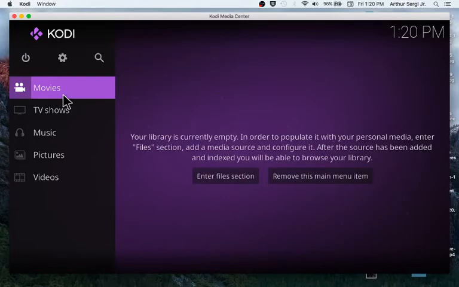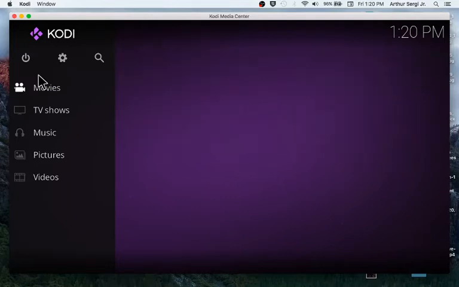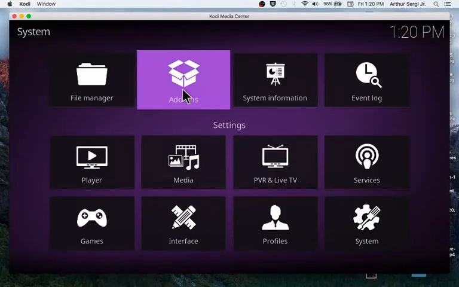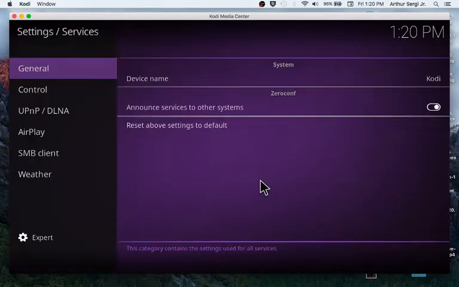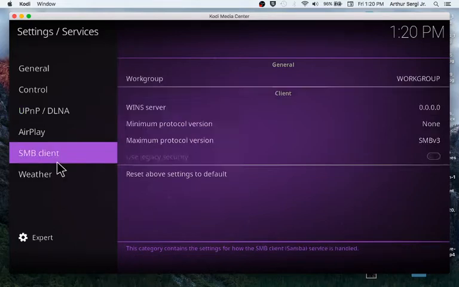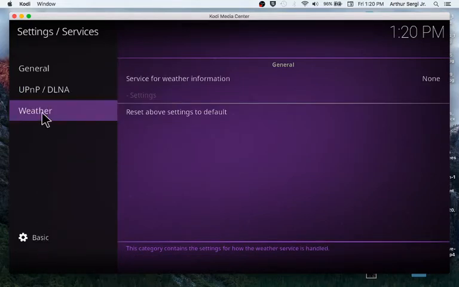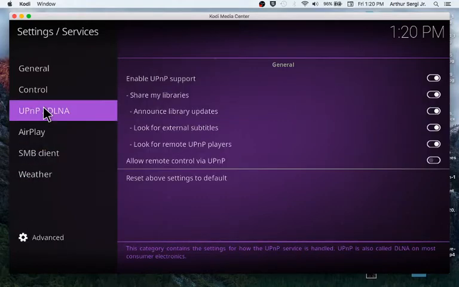And Kodi is what you see here. It's an application that is free, that you can access. If you want to try to tie into Servio, you need to go to your settings, your little wheel, and your services, and Universal Plug and Play, UPnP. And you notice all 5 of the first sliders are accepted, and those are under the expert level. Let me see if I go to basic what happens. You'll only see 2. So if you click on the bottom here and go to advanced, when you go to that UPnP, accept all of those sliders, slide them all over to yes. When you do that,